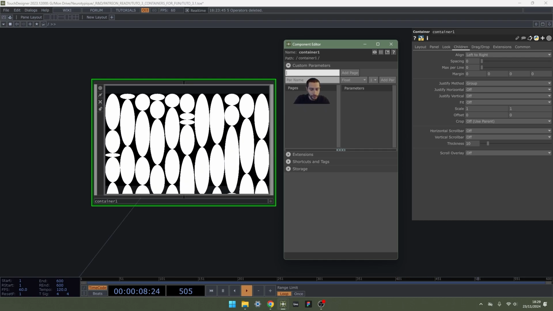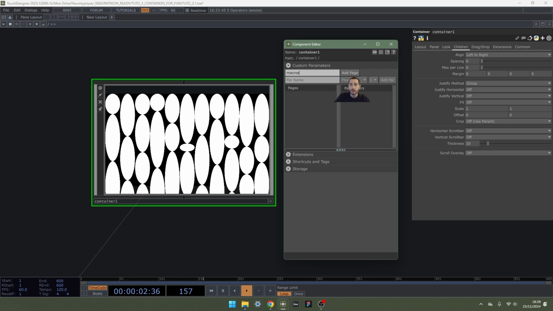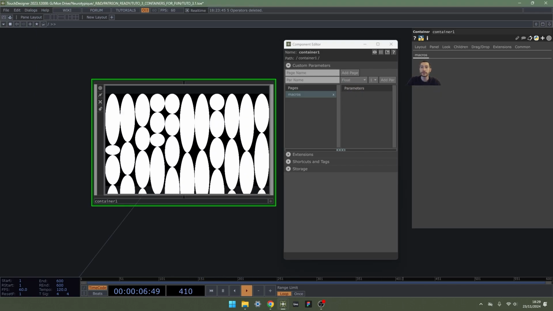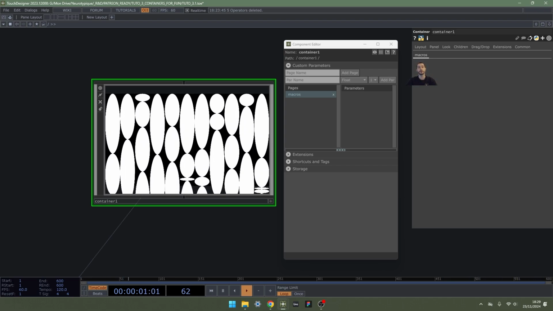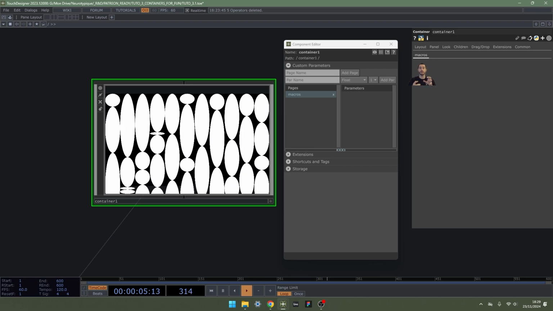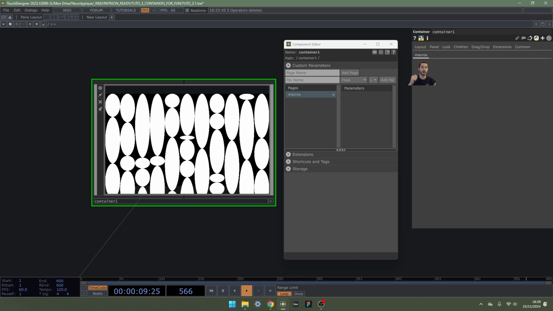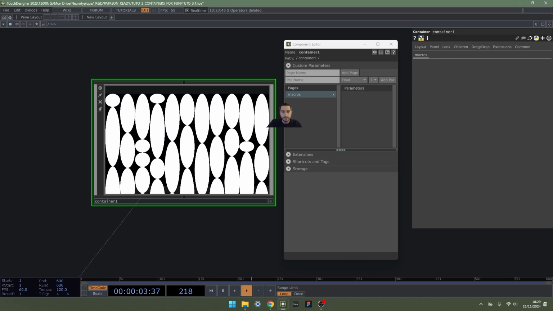What we're going to do is create a new page called macros. And now you see that it just added a new tab. So this is totally something you can do. You can customize your components, you can customize your containers, and extract some parameters for ease of use to easily map MIDI, audio reactive stuff. It's really convenient.